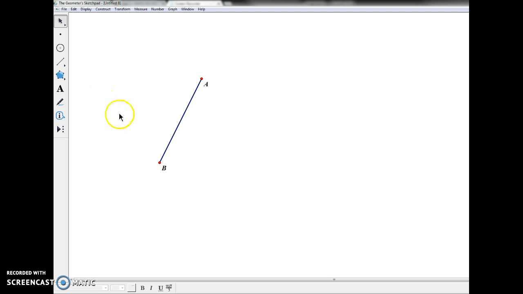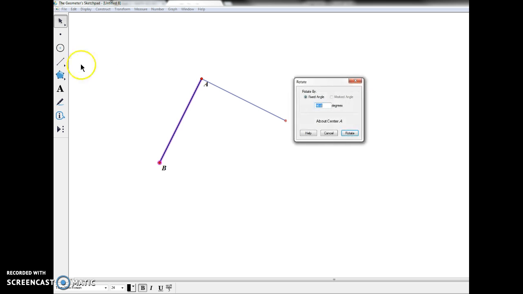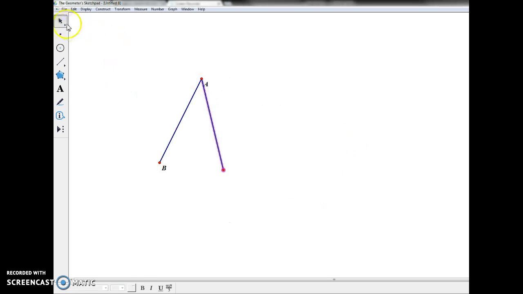The method that I chose to create this isosceles triangle was to choose the segment AB and point B and go to the transform menu and choose rotate. And when I do that, it asks me to rotate by some fixed angle, which I typed in a random angle like 40 degrees and about center A, so it's going to rotate everything about this point. And when I hit rotate, it gives me that new